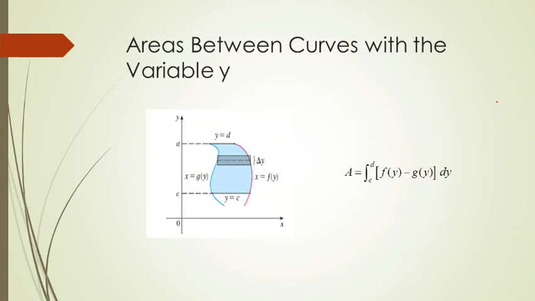Now let's look at the curve in this way. We are going to summarize the area when we're looking at the variables in different ways. So, area between the curves, if we are using the variable y, you will notice that this time the rectangle is in the horizontal way, and the width of the rectangle